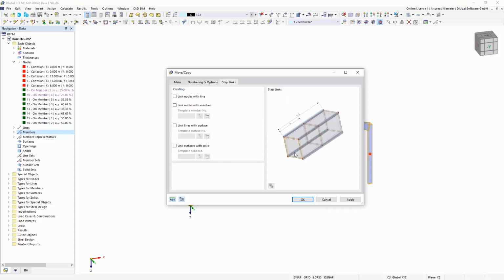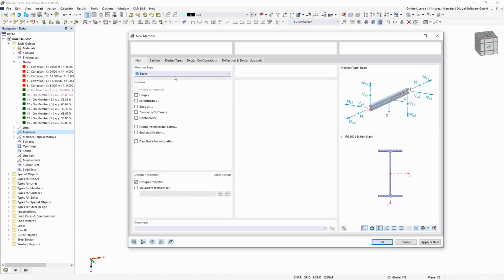This means I create new elements between the origin nodes and the copied nodes, linked members, coupling members. For this I say please link nodes with members, and because it doesn't know which member it should use, we say please create a template.